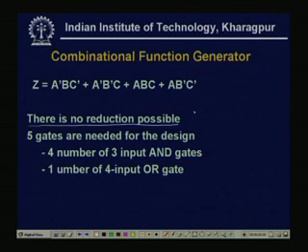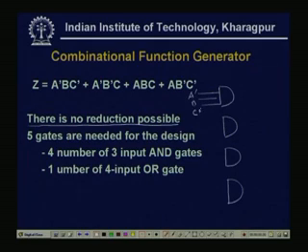So, now if I want to realize this circuit, what will be the type of circuit? See, there are 5 gates needed for the design. Now, we are assuming that the complemented as well as uncomplemented variables are available. So, if we draw this type of circuit, there will be 4 AND gates and all are 3 inputs. Here it is A dash B C dash, this is A dash B dash C, this is my A B C, this is my A B dash C dash,